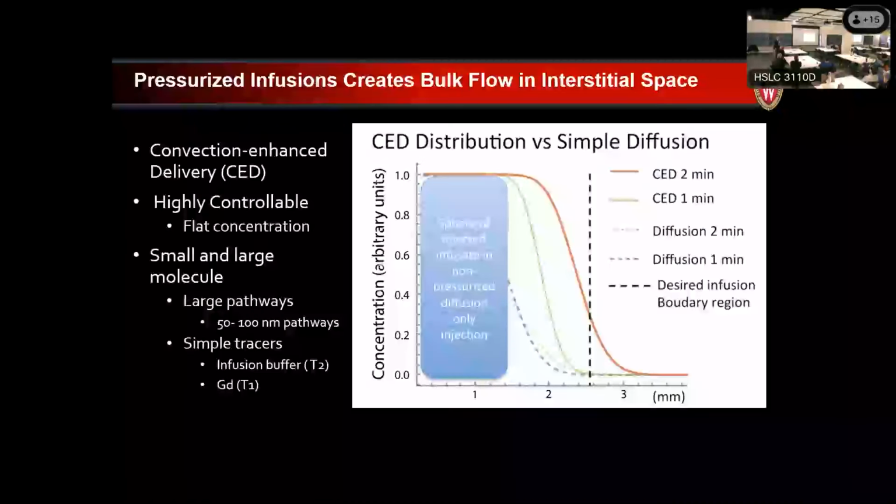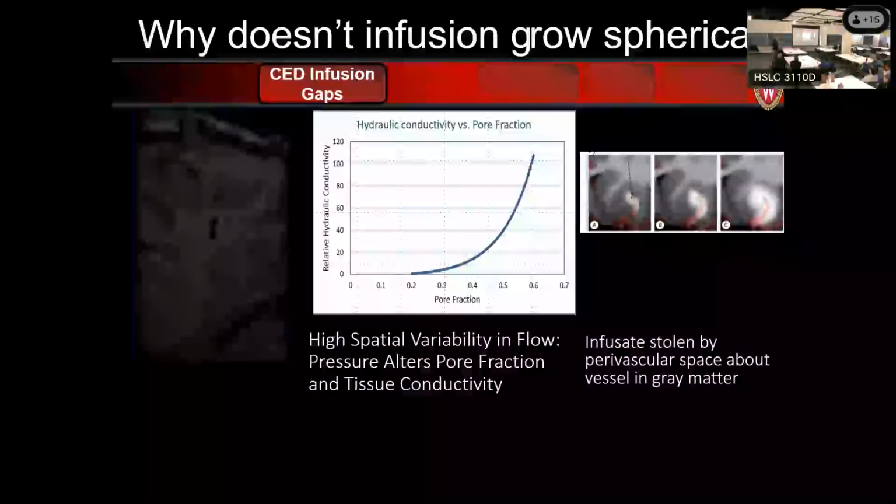is that diffusion is a very poor way to move drugs around the brain. What you need is some type of pressure to move things through that space. But once you start that, one of the advantages is that the concentration is real easy. It's a flat top. So again, wherever you see the buffer is where your therapeutic is moving. And there's a movie here on the left side. Caleb, sorry. There's a movie on the left side, or right there. So